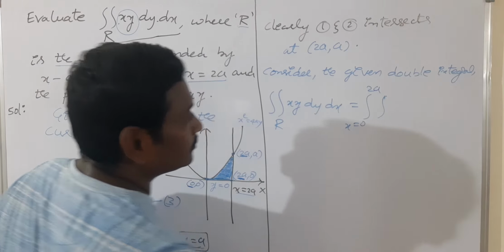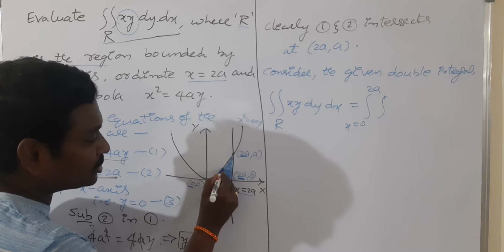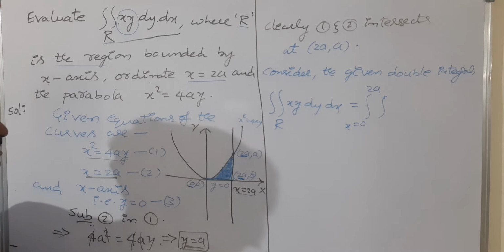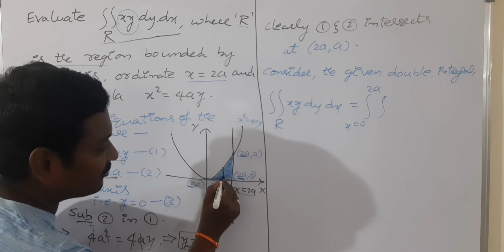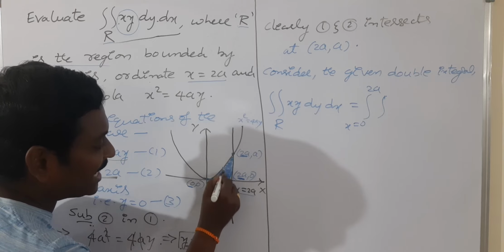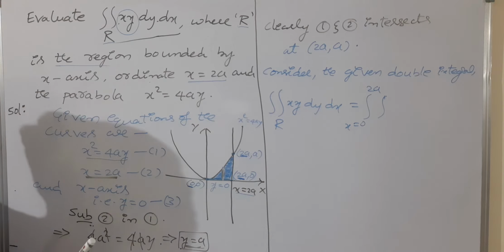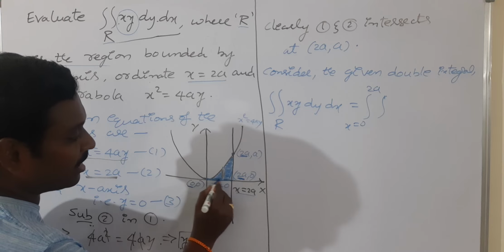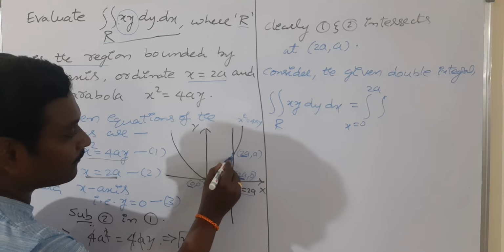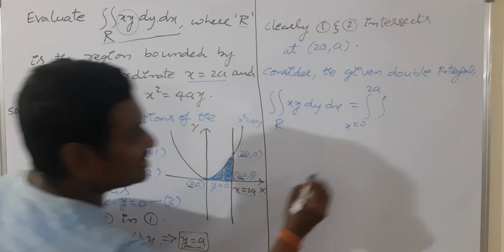Now we are going to find out the limits of y in terms of x. For limits of y in terms of x, you should draw a vertical strip in this region. Okay, already I told in the previous problem, whenever we have to find out limits of y in terms of x, you should take a vertical strip in the region. So this vertical strip gives the lower limit of y and the upper limit of y. So this is the lower part, which is y is equal to 0,